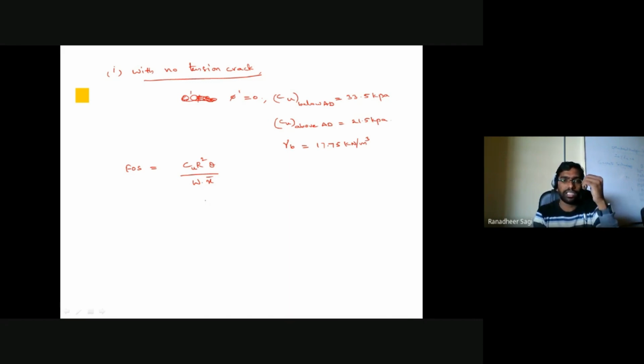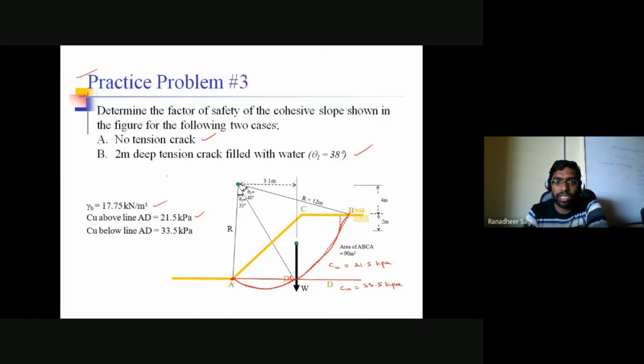Okay, what is the CG distance? From the CG point of your weight, which is undergoing the failure, to your center. Okay, so let me quickly look at my figure once again. So my CG distance, that is your X bar distance, is nothing but 3.1 meters. From the line of action of your force W, the center, the so-called point O, is at a distance of 3.1 meters. So my X bar is simply equal to 3.1 meters. And what I am interested in calculating is the weight W. So how do I calculate my weight W?